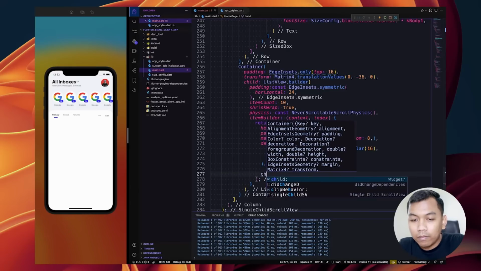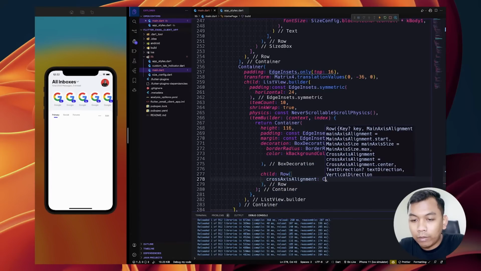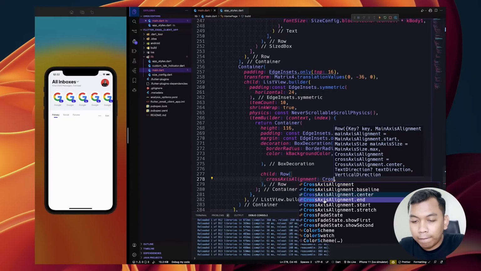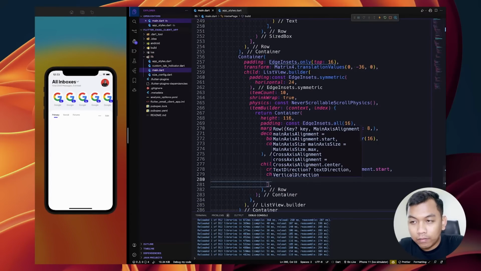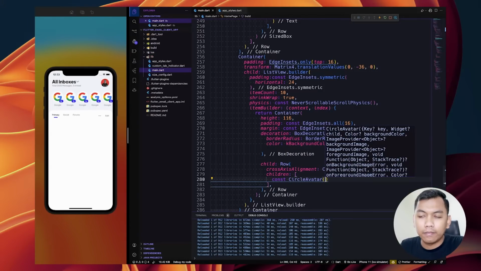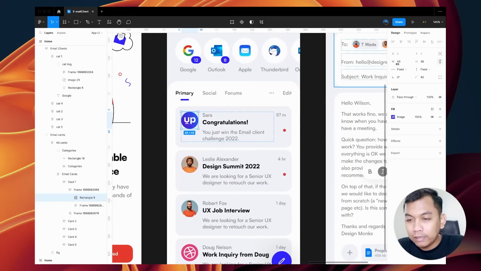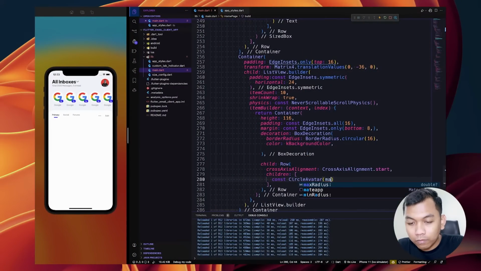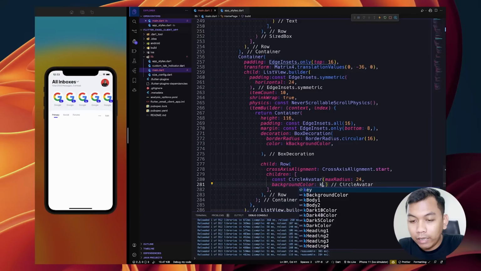And for the child will be row widget. For the cross-axis alignment to be start. Alright. And for the children will be circle avatar. And let's check the logo. The radius will be 24. And background color will be K primary color.